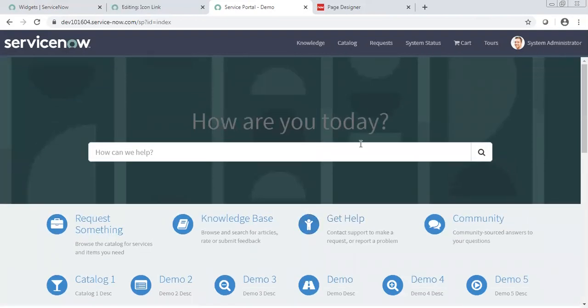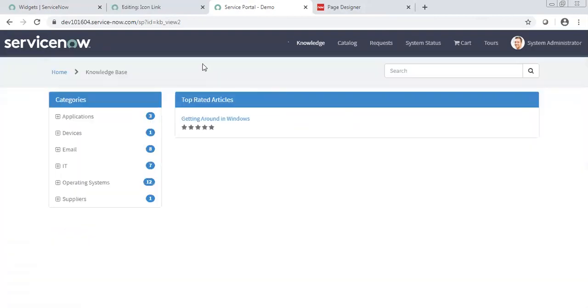Sometimes you get a portal like this, but you want two more pages added to it. Like when I click on catalogs, it moves me to a different page called kb_view2. Similarly, the user might want one more link here, and that should navigate to a different page, which will have a certain set of other data. How we can create a new page, create the link on your portal to that page, and design a full page according to the customer requirement, we will also cover.